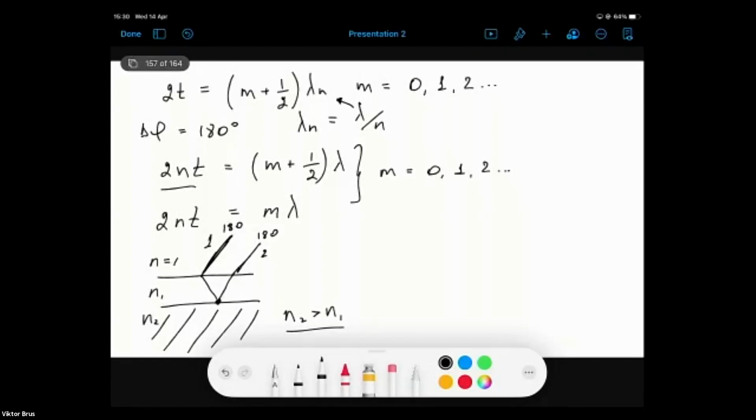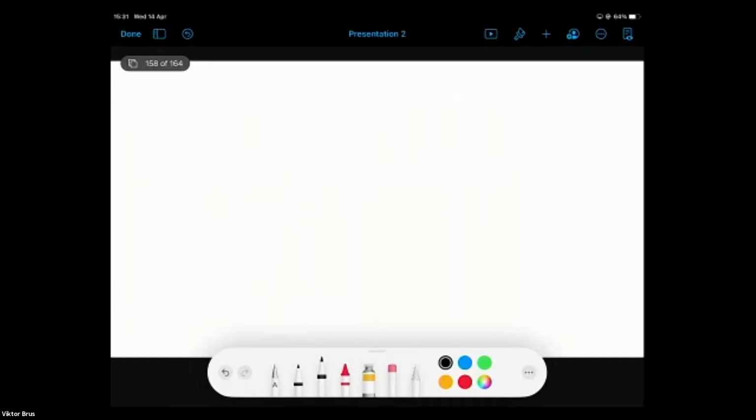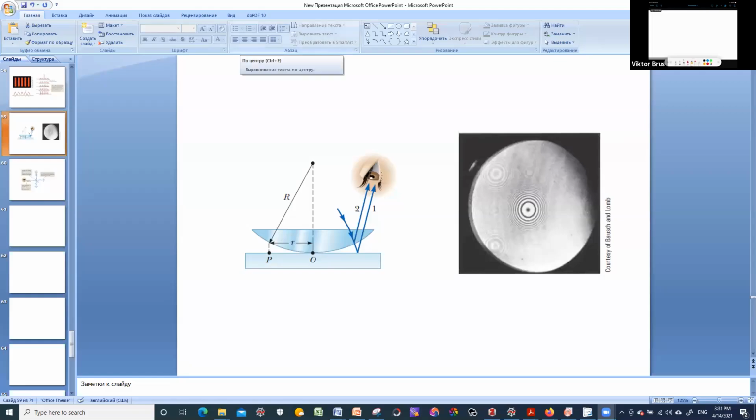Another option for forming interference effects involving reflection is the so-called Newton rings. And maybe I can share my screen now. So here you see the system which allows us to measure this interference effect. So if we have a glass substrate and a planar convex lens on top of it,